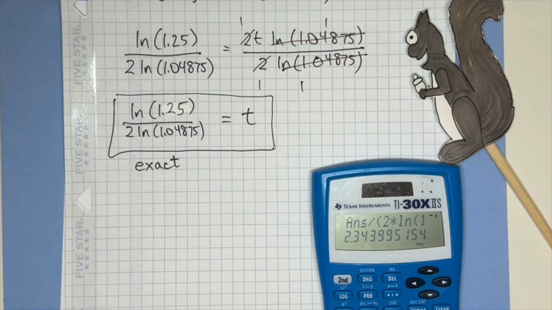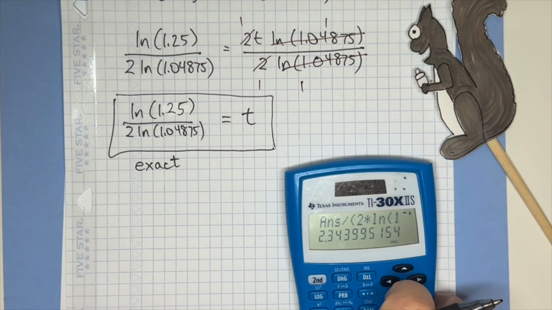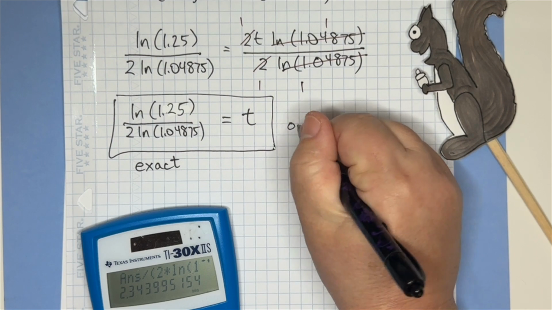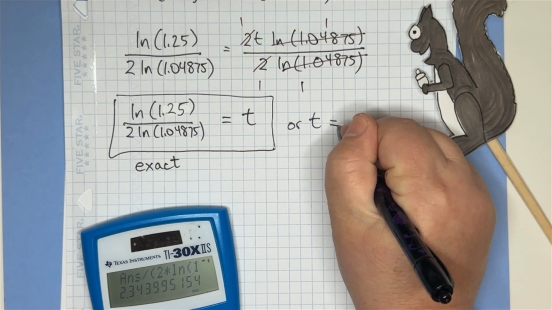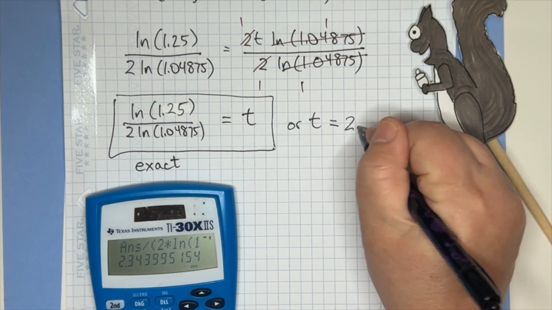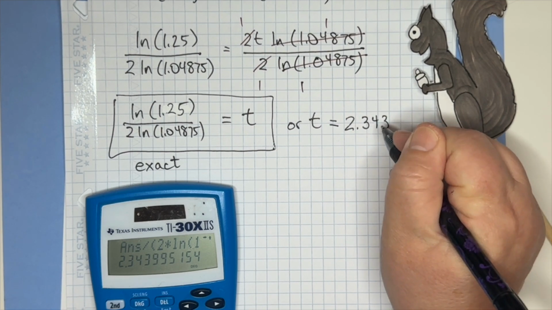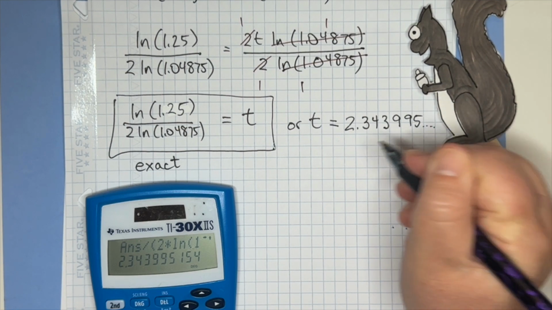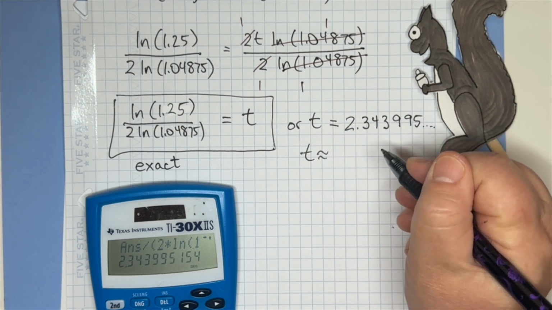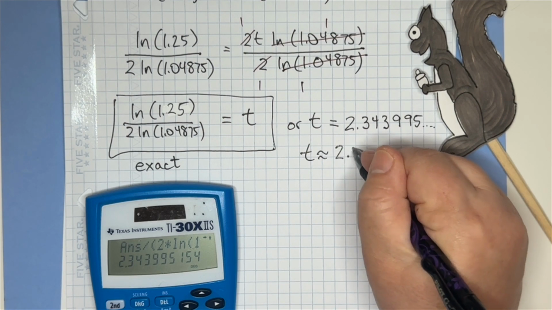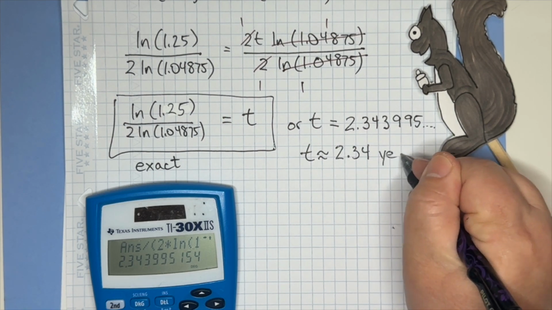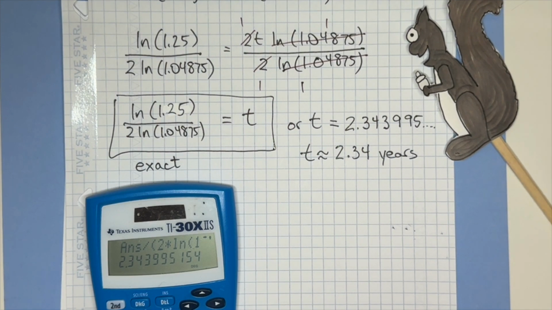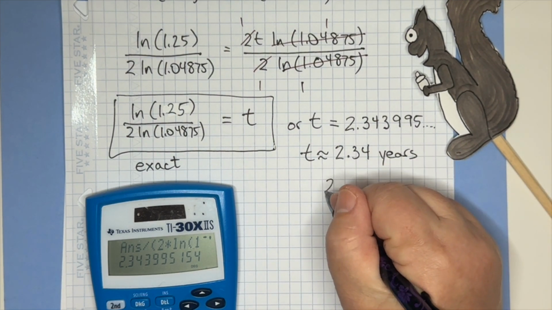And I get, let's see, T, and let's see, it's 2.343995 and some other stuff. So T is approximately 2.34 years. And if you want to get really, really fancy, what you do is you say, okay, that's 2